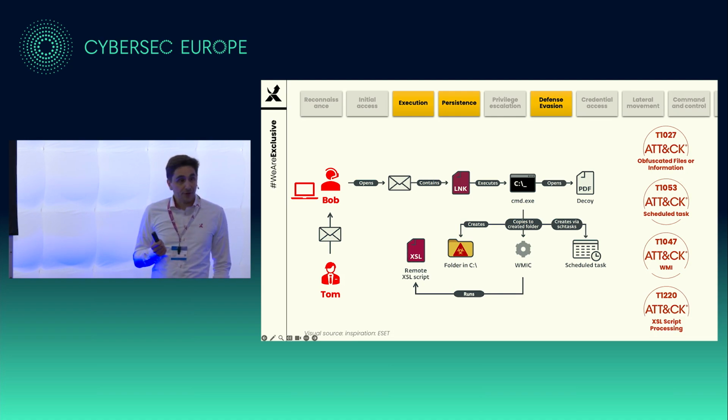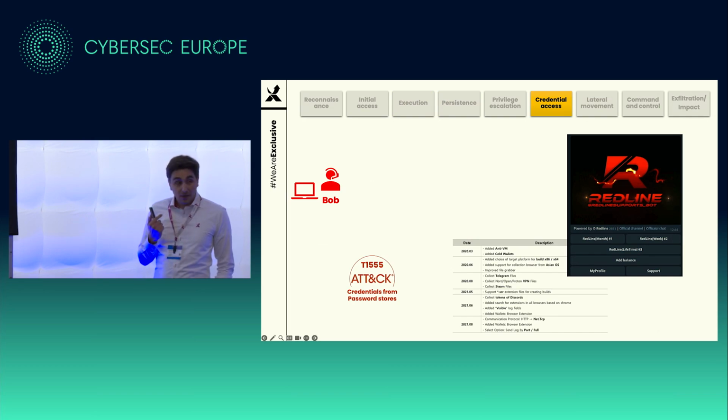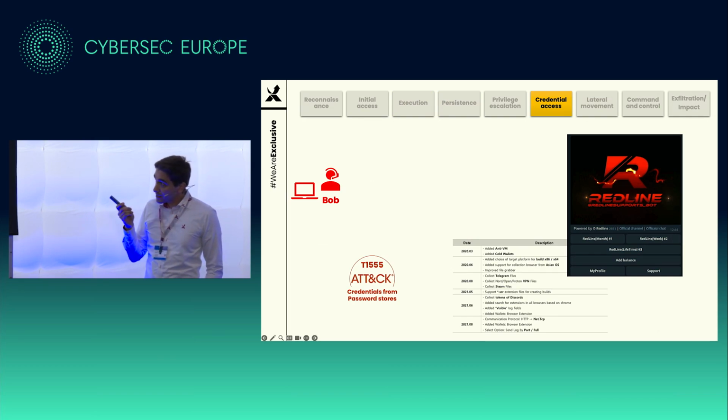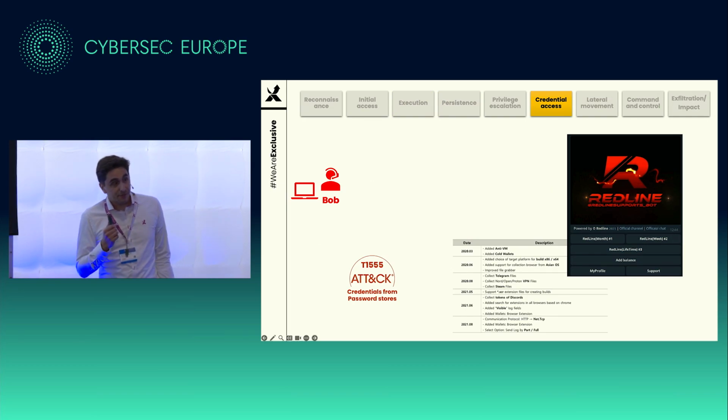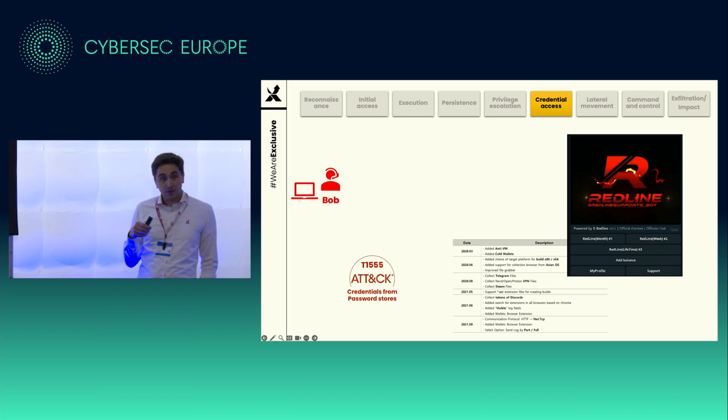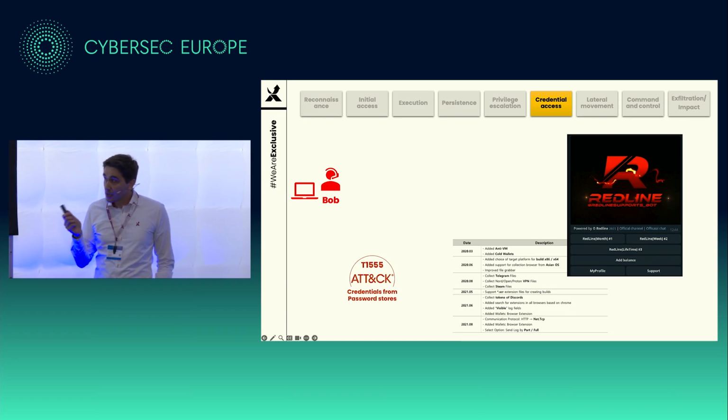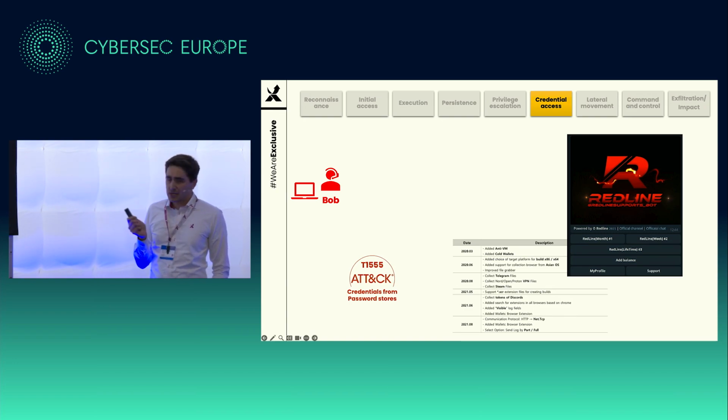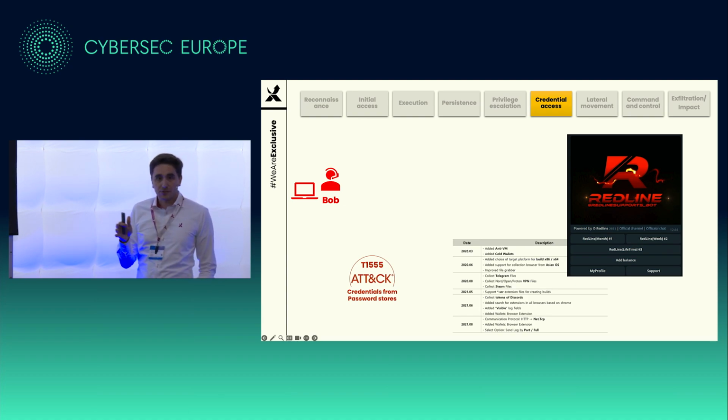So we got a lot further now, because now we have access to a system where an administrator is doing his daily work. What do they want from that, from an attacker perspective? The admin credentials. They use a tool called Redline. It's available on the dark web. You can buy it. You can even pay for it on a monthly basis. It comes with release notes, documentation, and I believe even support. This tool is an info stealer malware. They're one of many. It can drop credentials from all kinds of password stores, from memory, from your browser, whatever.